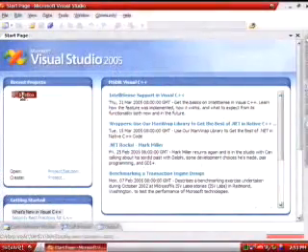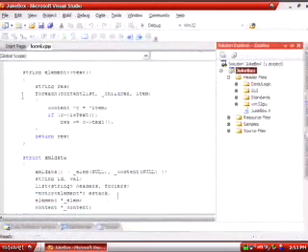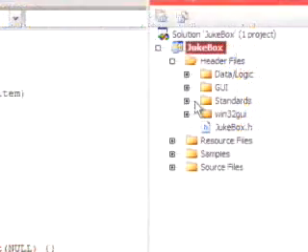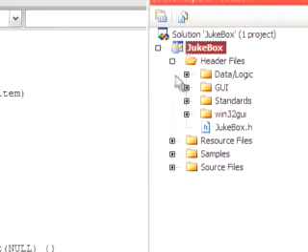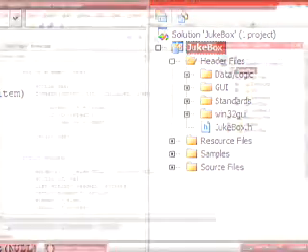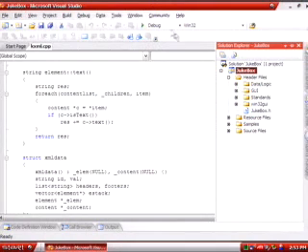So I have a little project. This is a personal project of mine to keep track of all my music, and I can build up playlists and transcode them so I can put them on a CD, or I can format them to play on an iPod or on Windows Media Player or on my Pocket PC or whatever. And this is a 32-bit project, and I've already built it.